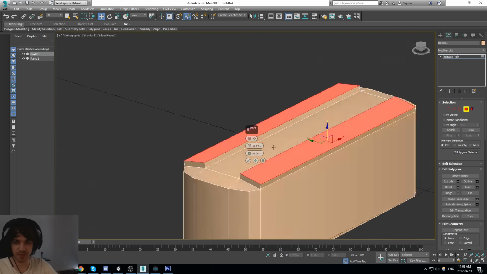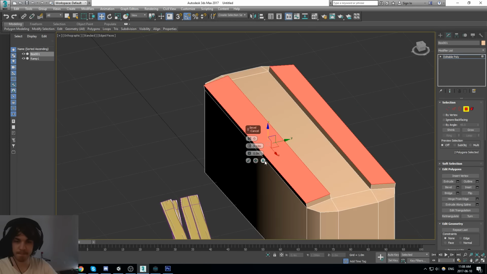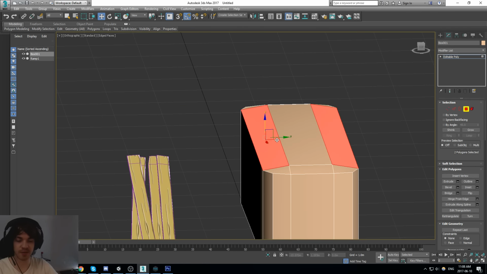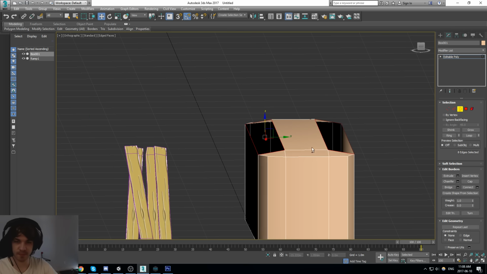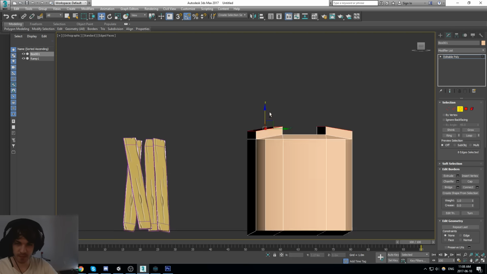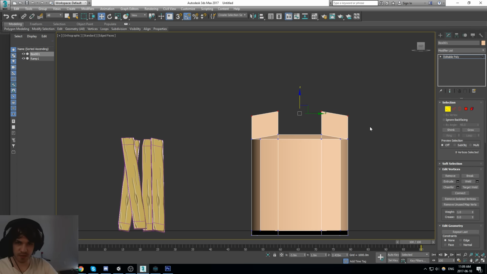No, that's not what I want. I want something straight. I'll be doing it by hand. Boom, let's get rid of that. Then take all of these, try to put them on the same. Oh, that's not going to work. Why?